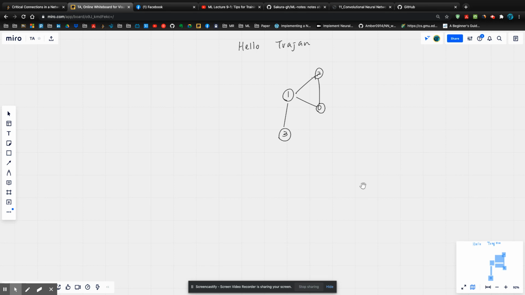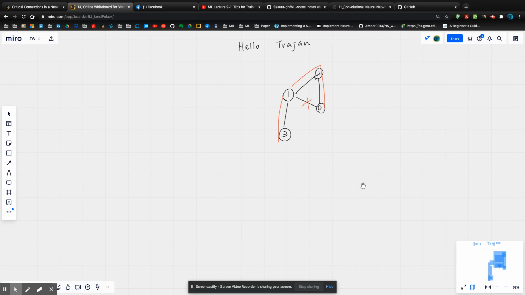For example, if I try to remove the edge between 0 and 1, will it affect any nodes to be visited? No, because we can still visit all nodes with 0, 2, 1, 3